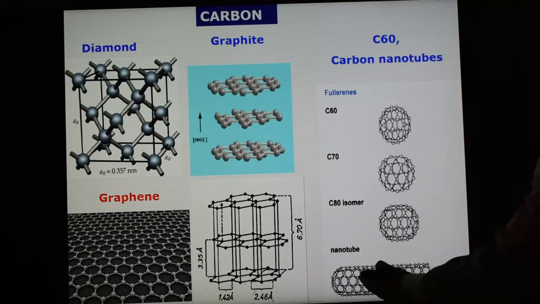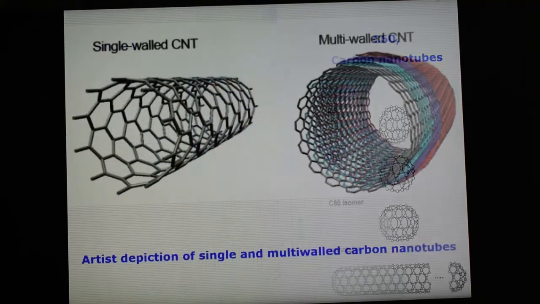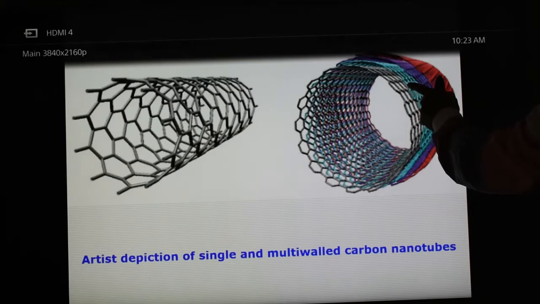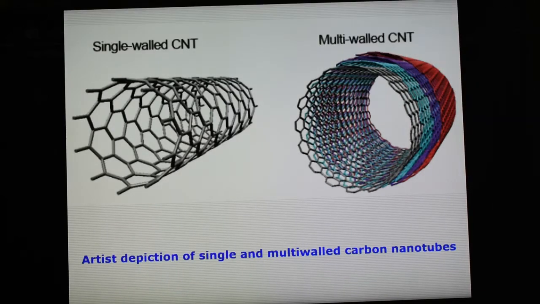And here it is also shown how the shape and structure of the carbon nanotubes looks. All these materials contain only carbon. Now CNT may be single walled or multi-walled. Single walled carbon nanotubes are shown in the first diagram, and multi-layers are shown here, with different layers 1, 2, 3, 4. So multi-walled carbon nanotubes are there. These two are the main CNTs.